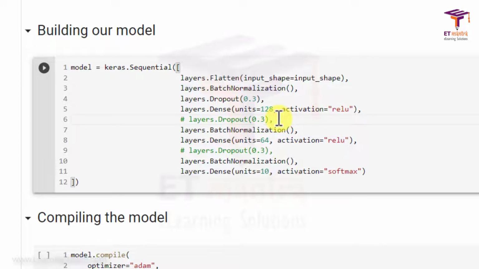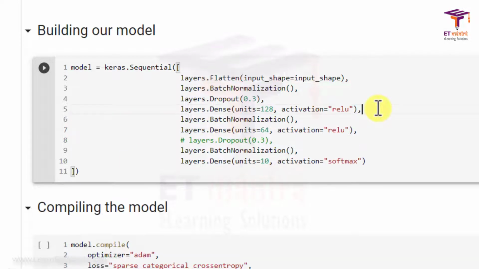Next we can add a dropout, but while I was training I saw that it had high bias. One more thing, adding dropout acts as a regularization parameter. So if you think that your model is overfitting, then you can add dropout to add a sense of regularization to your model. Since I had added dropout while I was training previously and I had implemented dropout here also, it was giving a high bias. So let me remove it altogether.